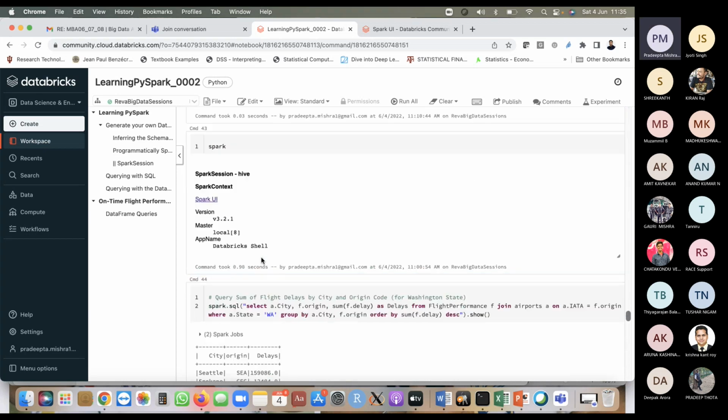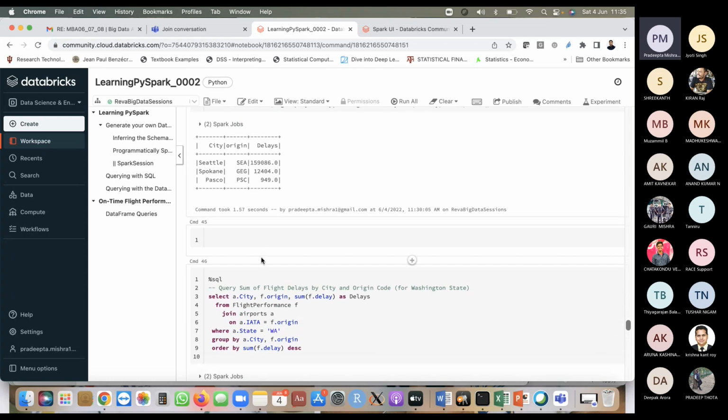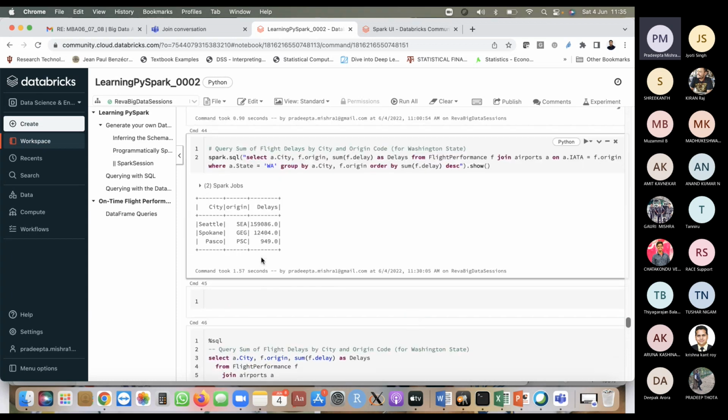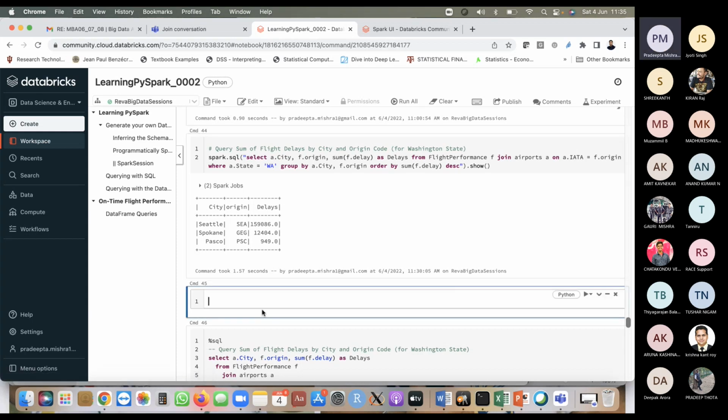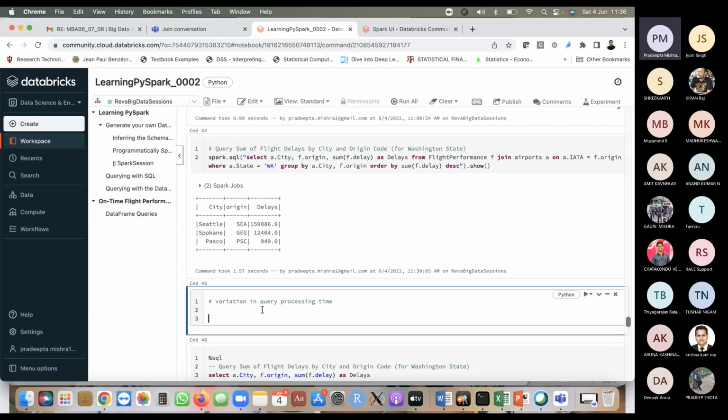Okay, fine. So I was explaining the concept here. Query timing, right? This is what I was trying to explain. Now, why is there a variation in the query processing time? Why is it so? Because of three things: